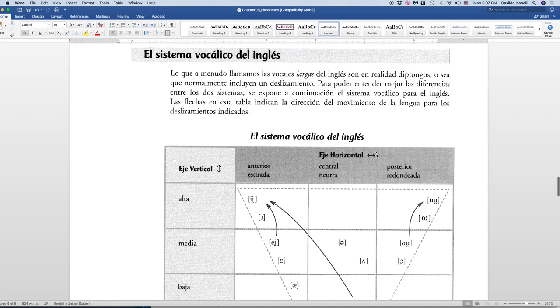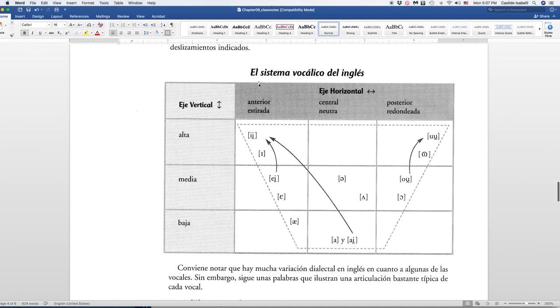I put here in our notes a little diagram to show that the English vocalic system is quite complicated, whereas Spanish is simple. We only have 5 vowels, whereas English has many more, 10, 12. And that's why we have spelling bees in English, because we might see